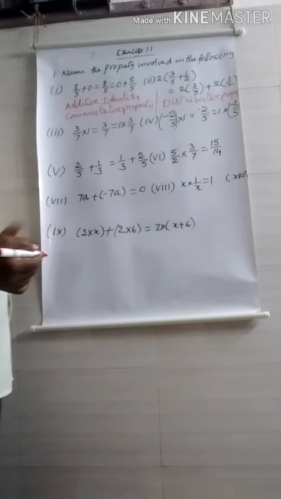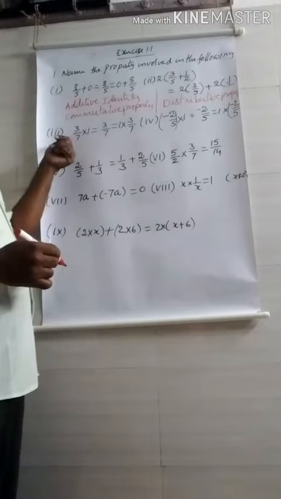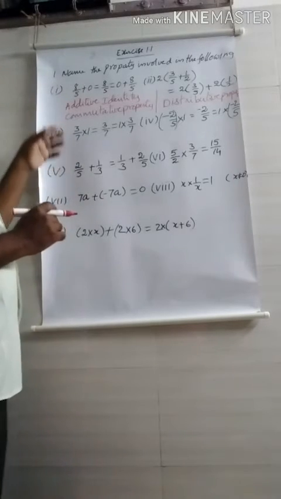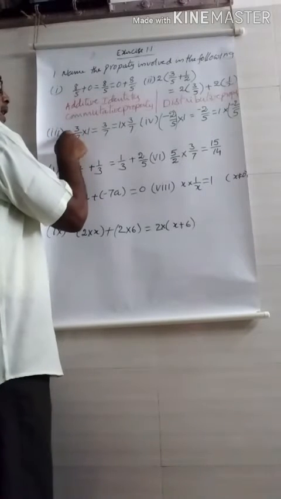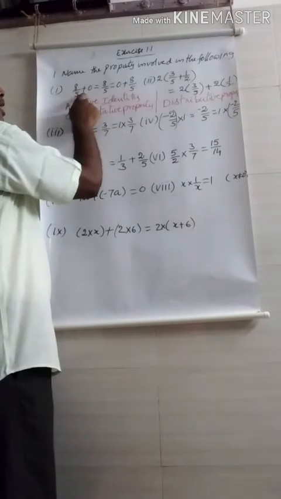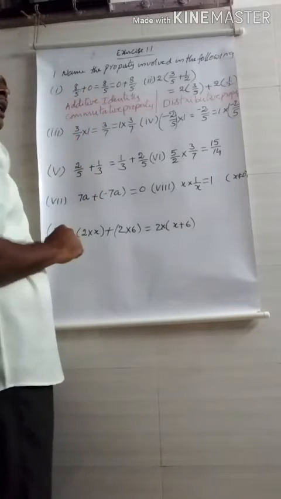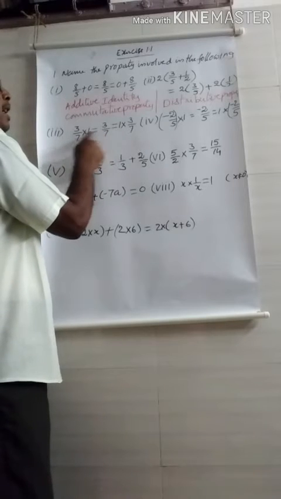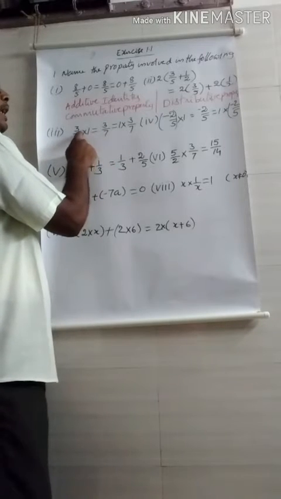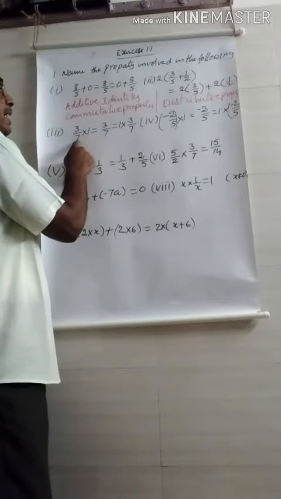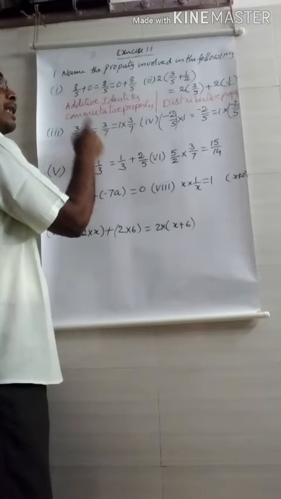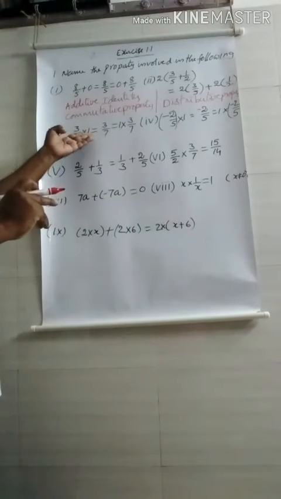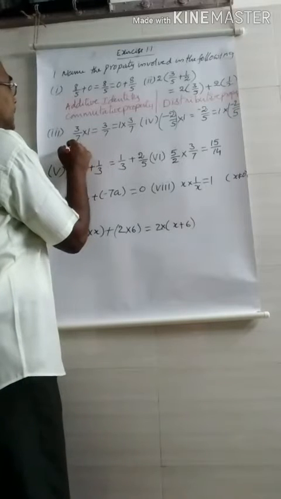Now we move to the third one. You may look, it looks like the first one. But what is the similarity in both 1 and 3? Here 3/7 into 1. Here 8/5 plus 0. That means 0 is the additive identity. 1 is the multiplicative identity. Okay. Now what you get? Same number. That means we multiply 3/7 by 1. Then what we get? 3/7 again without any change. That means it represents multiplicative identity.